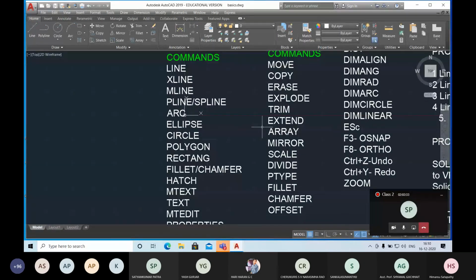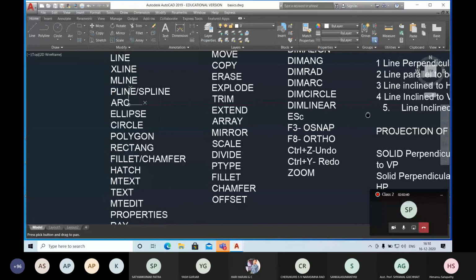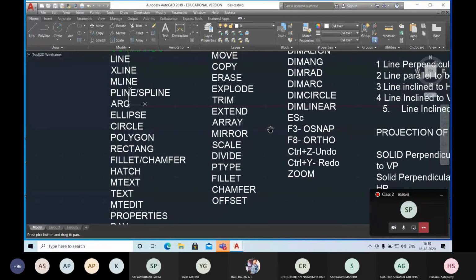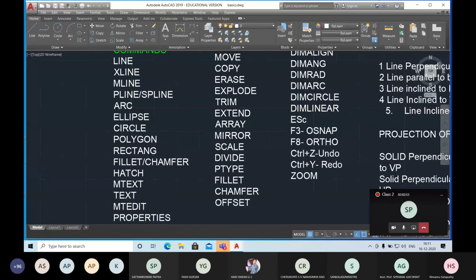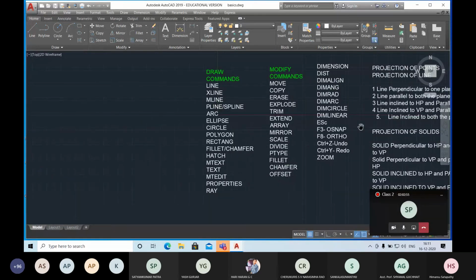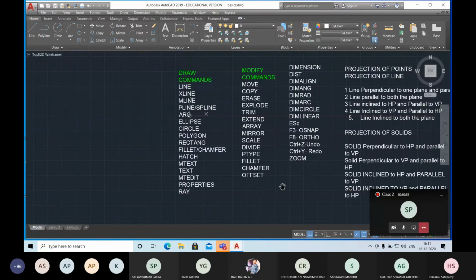Sir, can we practice today and ask the doubts next class? In the next class we are going to draw some assignments, and there are some PPTs which will show you about the commands. The same thing, whatever I have already told here, will be in the PPTs. So next class we are going to do the assignment, and there is a scale class as well. So you can ask right now, what is the issue?